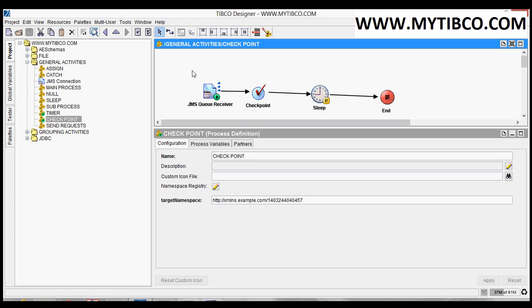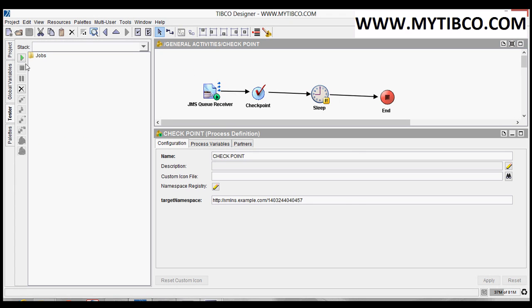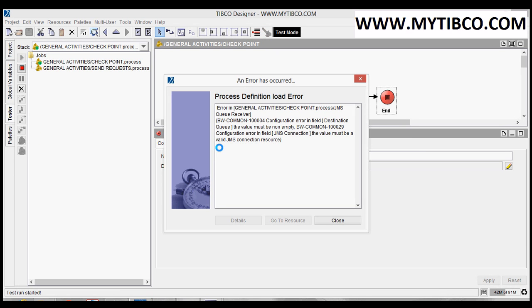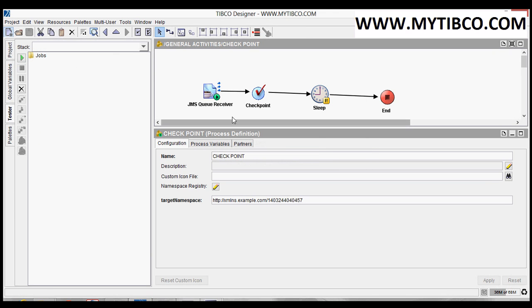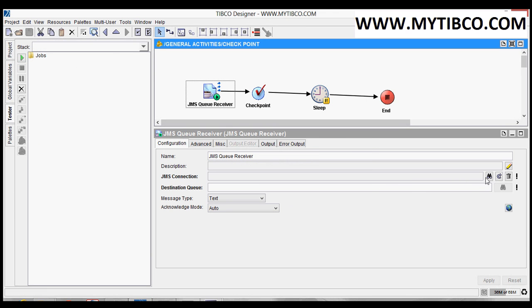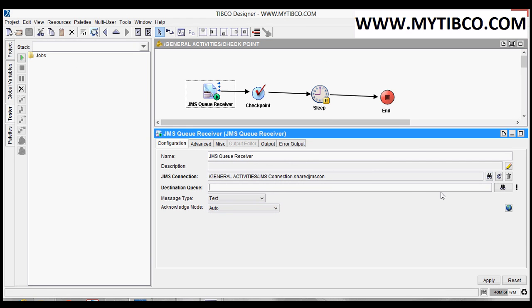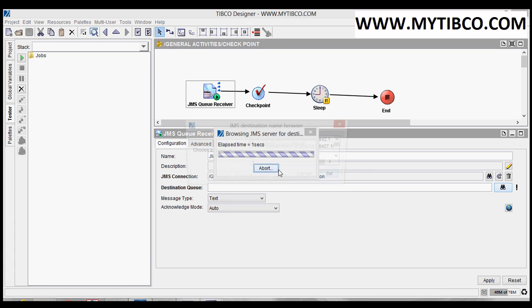Okay, save this project. Now execute. Here I have not mapped the JMS connection. Map this one and give the destination queue.